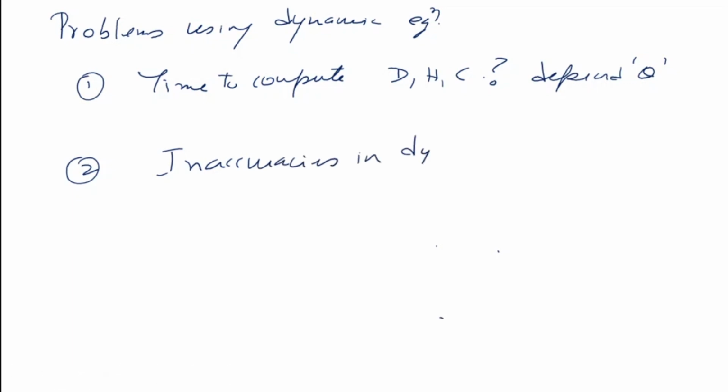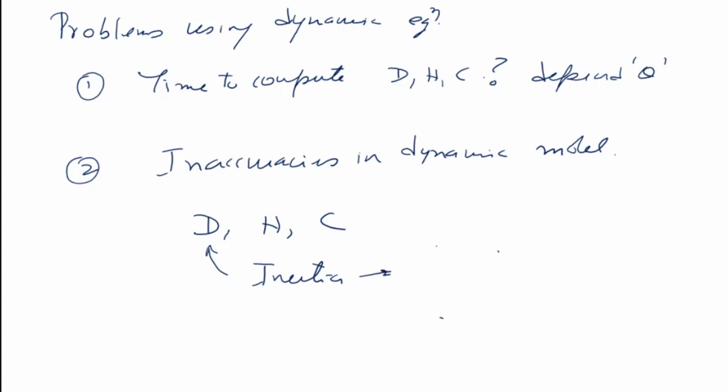So the inaccuracies in the dynamic model itself will cause errors. Now what are the inaccuracies in the dynamic model? For example, we talked about D, we talked about H, we talked about C. Now, this is the inertia tensor. Now to find the inertia tensor,